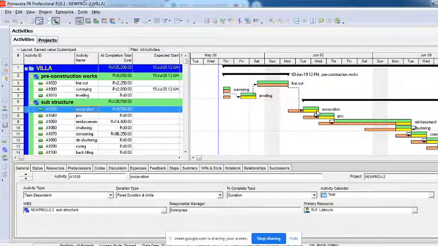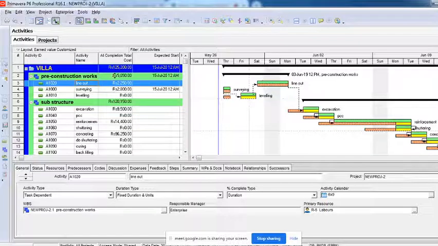So for a specific activity I can change the calendar. I'll select an activity, and then I'll go to this activity calendar. I can change the calendar only for that specific activity, so that only that activity's dates, the working time, the start time, end time, everything will change. But the question I started with was not to change a specific activity, but to change it for all the activities.